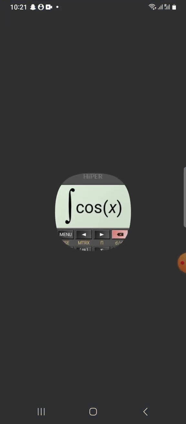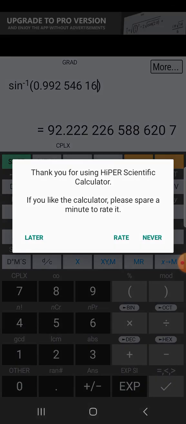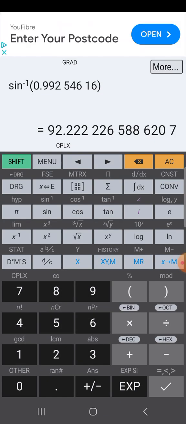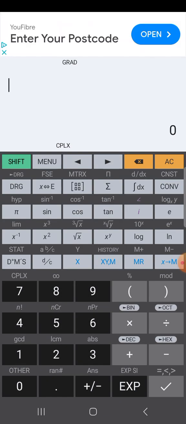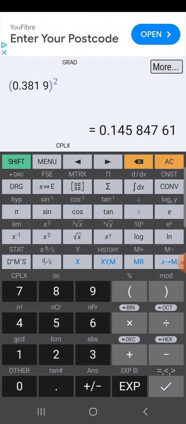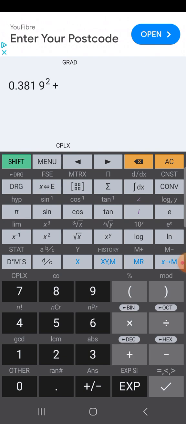Let me clear this, and we are going to have 0.3819 squared,